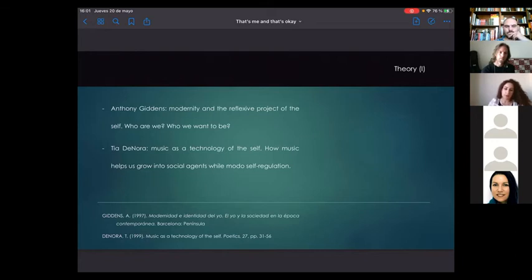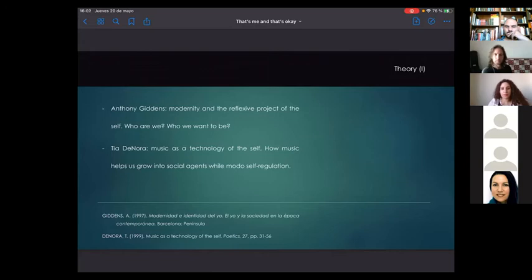And then Tia DeNora started from this theory too, and added that music was one of the resources that people used to construct themselves as social agents. She considers music as a technology of the self that helps people learn social rules, ways of being, and ways of bonding to other people. And emotion is what makes this possible, based on what kind of experiences we are reminded of when we listen to it. With time, people learn which music triggers which emotions in them, and so we learn how to manage our mood through music. Managing our mood is especially important in modern societies, according to this author, because